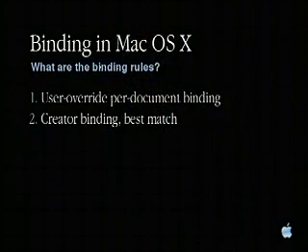Now, if that's not set, which would generally be the exception because that's an advanced feature, we don't want to require users to do that. The next thing we look at is the creator. We ask: do we have an application with this creator on the system? If we have more than one, we have to do some best matching, which I'll get into. But the important thing is, if the creator's there and we can match it,